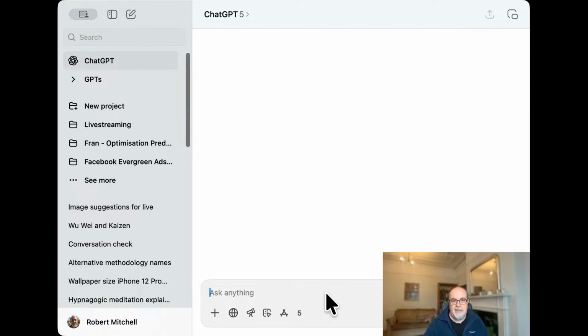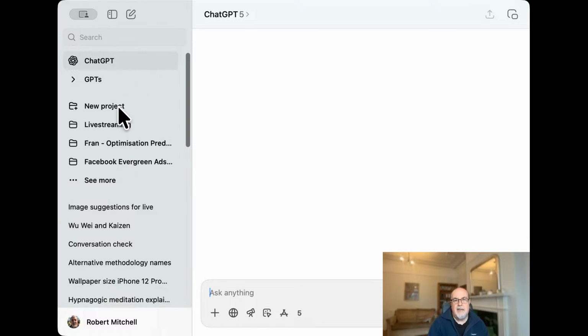Now you can get free access to this. Not all functionality is available for the free version. So on the left hand side, let's say you were to create a free account with ChatGPT, you would get access to these things up here, which are known as projects. And so you can create a project,